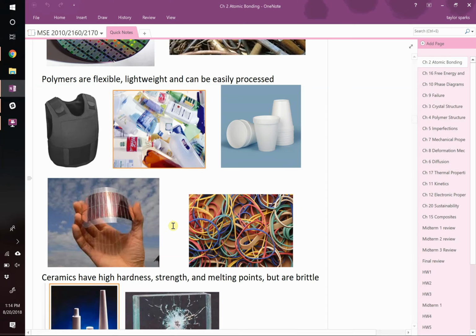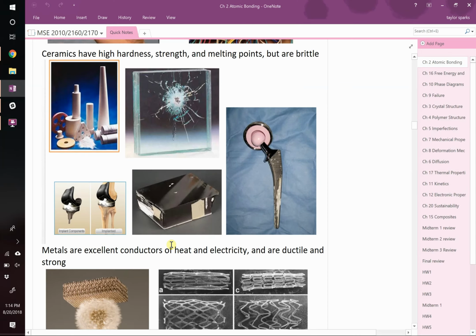Beyond polymers, you've got your ceramics, typically known for their high hardness values, high strength, high melting points, and their brittle nature, right? These things fracture pretty easily. Any of you who've had a dinner plate or a glass and you drop them, you know they break pretty easily. So you might not think that they're strong materials, but in fact they have high strength, but they also have low toughness, right? So we'll talk about the difference between toughness and strength, different things. The ceramics are an interesting